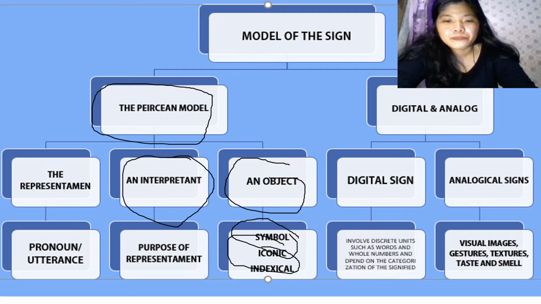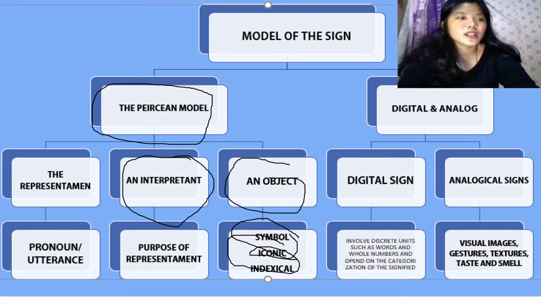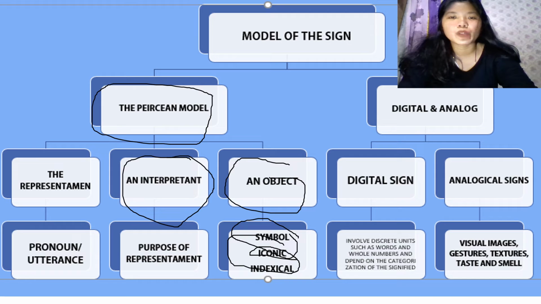Iconic mode in which the signifier is perceived as resembling or imitating the signified, looking, sounding, feeling, tasting or smelling similar, being similar in some of its qualities. Examples are portraits, cartoons, scale models, onomatopoeia, metaphors, and then